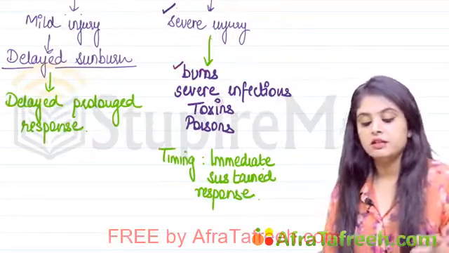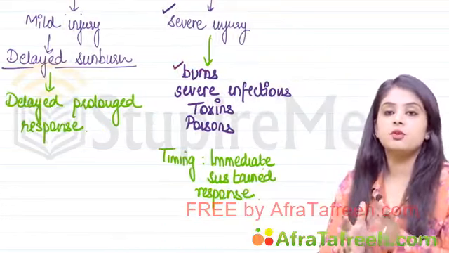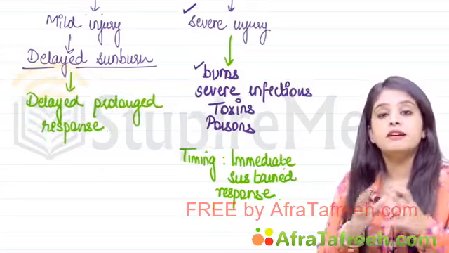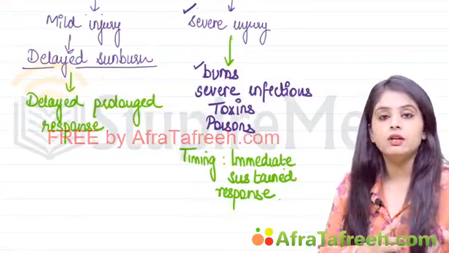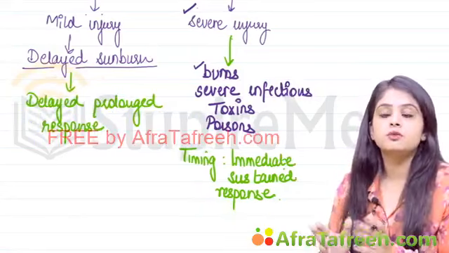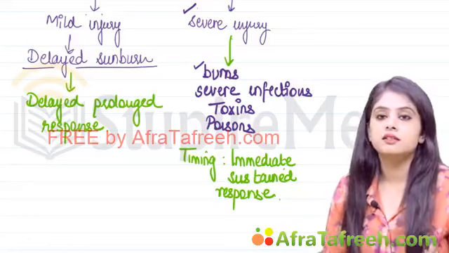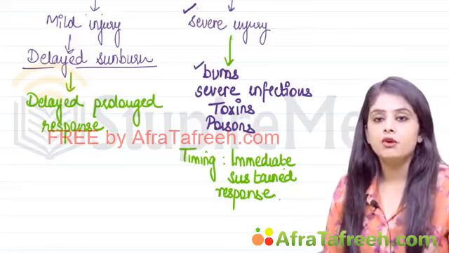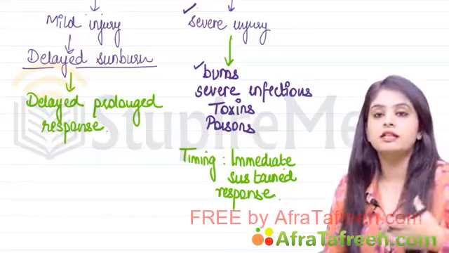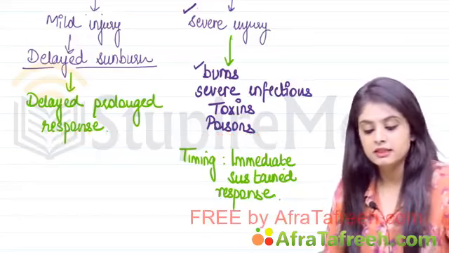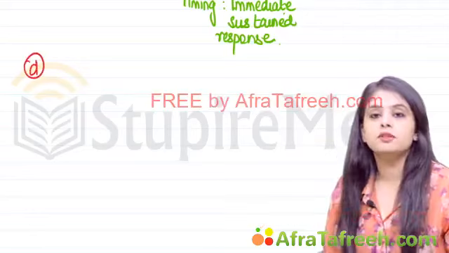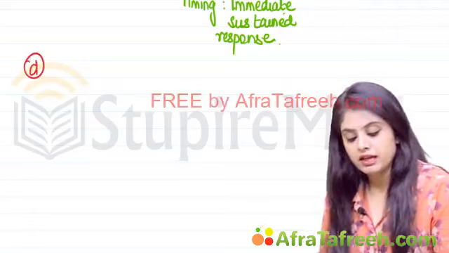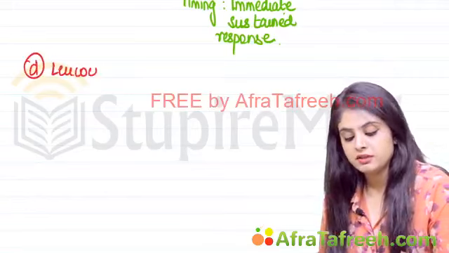Right? So we've done, please read the question. When the examiner is talking about endothelial injury, he will definitely categorize it either into a mild injury, which will be delayed and prolonged, or a severe injury like burns, which will be immediate and sustained. So we've done 3 mechanisms of endothelial cells leading to increased vascular permeability. The fourth mechanism that we have is known as a simple one from the name itself, leukocyte-mediated